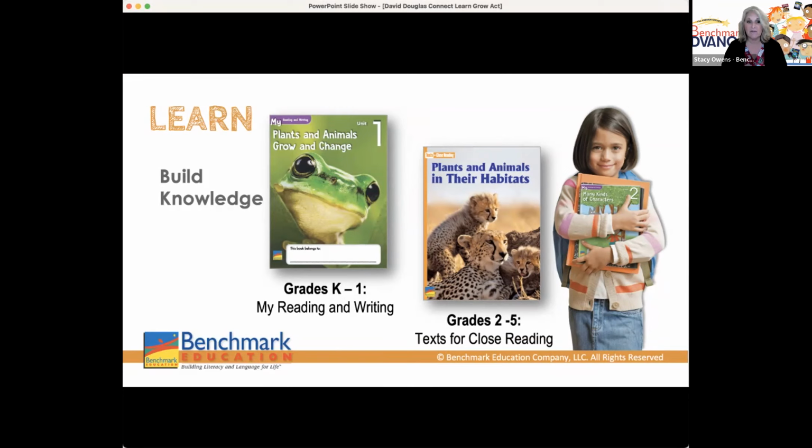Students receive 10 of these write-in material books throughout the school year, one for each focused unit. And in these write-in texts is where students read, annotate, highlight, write in, listen, talk, and explore everything around that unit topic. This is where they acquire all that knowledge and put it into one place. Our program reflects the science of reading research that includes foundational reading skill competencies that most of us are really familiar with, but also the knowledge-based competencies that focus on knowledge building and comprehension. Benchmark Advance teaches both.